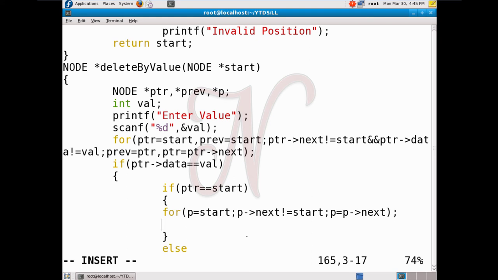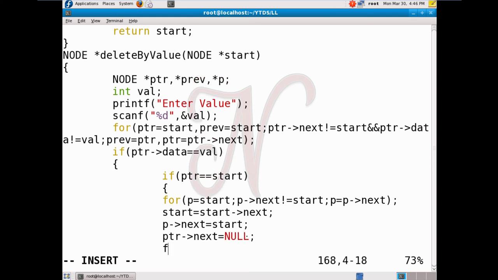Like this way we find the last node. Then start equal to start of next, then p of next equal to start, then ptr of next equal to null, and here free ptr.